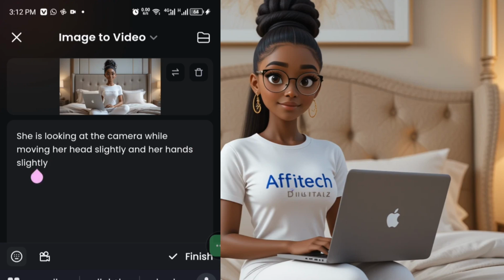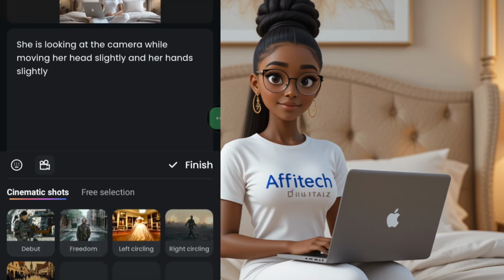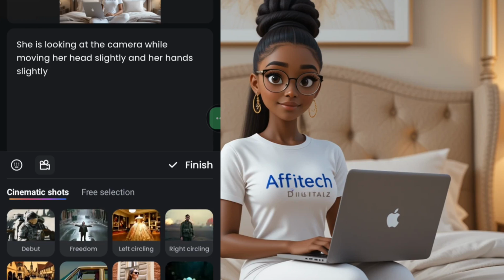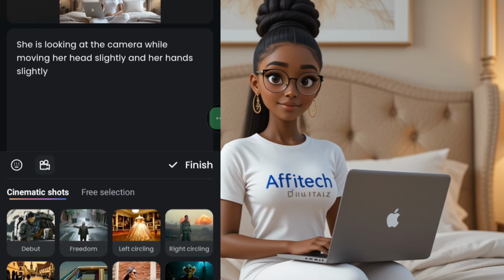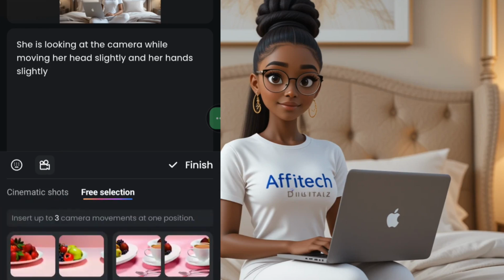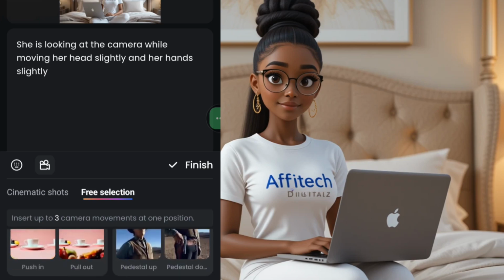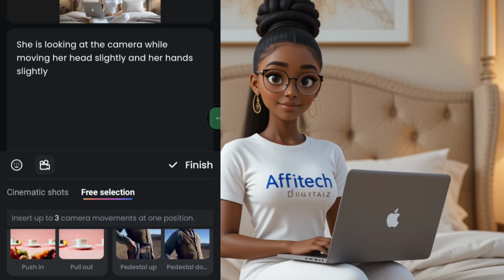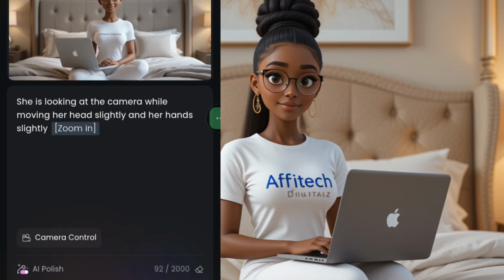After giving it this prompt, you just need to type here to finish it. When you click here, you can see a camera control, which is camera movement, how you want your image to move. We have free selection there and all those stuff. Let's click zoom in, and then come here and click to create our video.